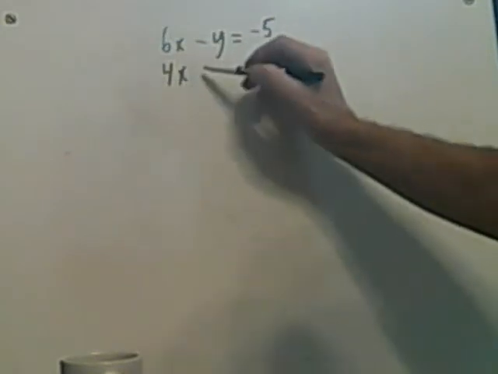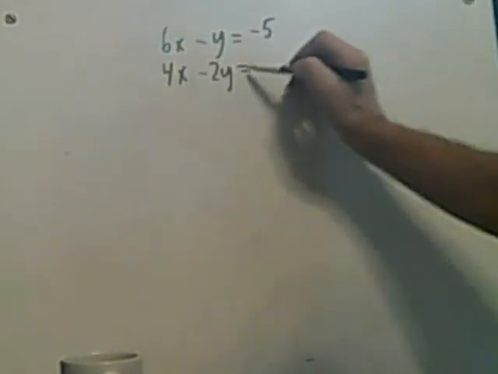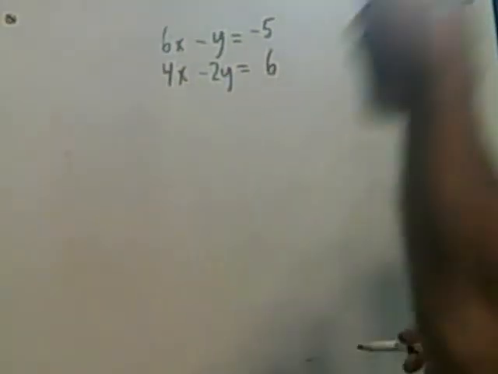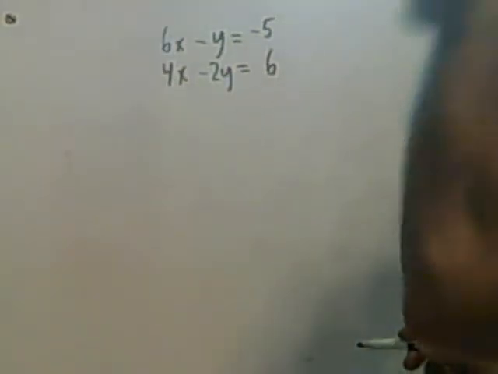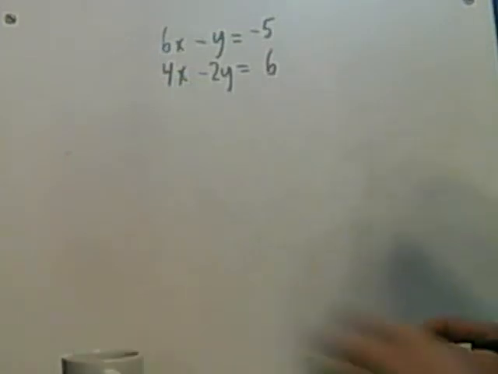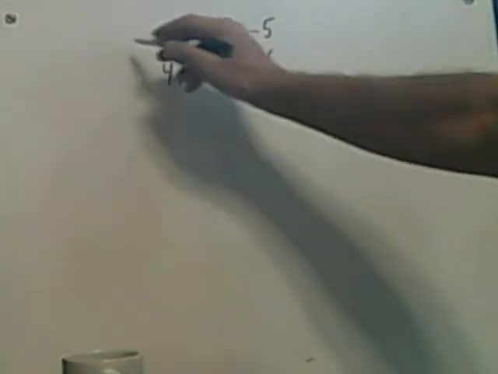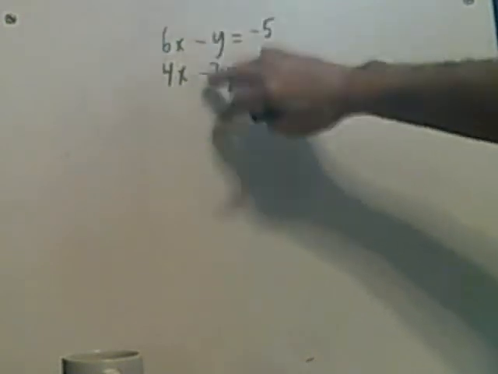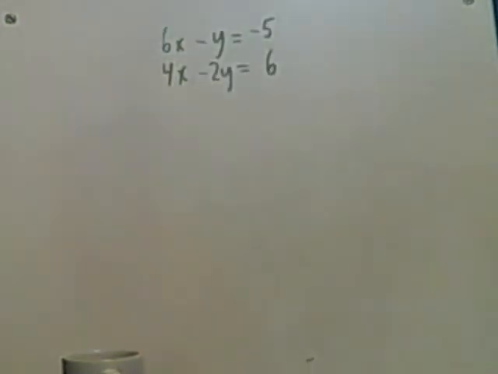4x minus 2y is equal to 6. Okay, now we're going to be using the elimination method. So what I'll do is multiply the first equation by 2, because that makes these the same, and I want to eliminate a variable. If I multiply the first equation by 2,